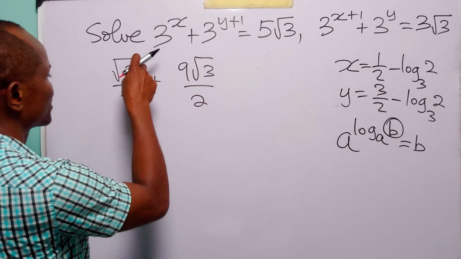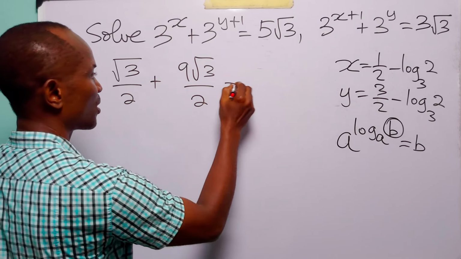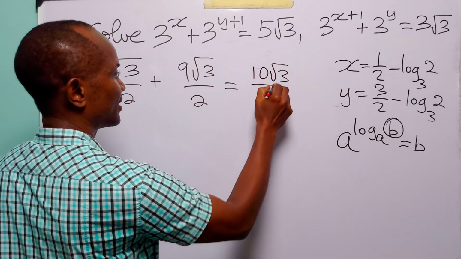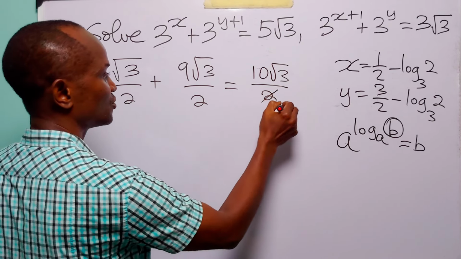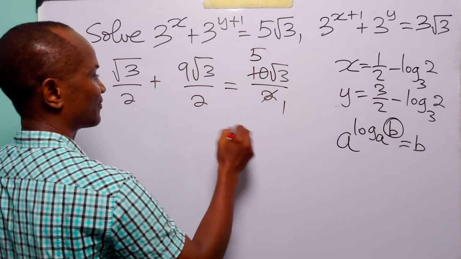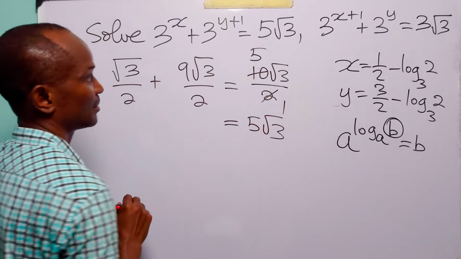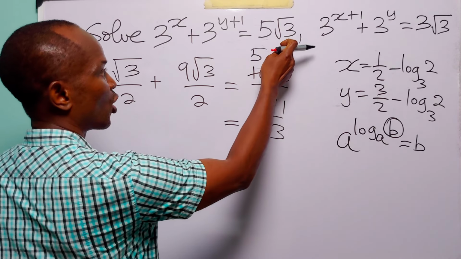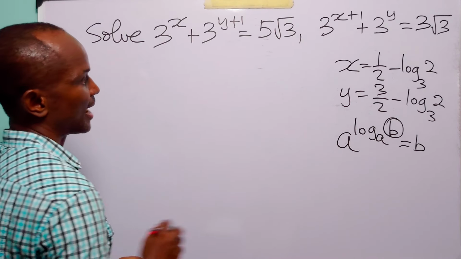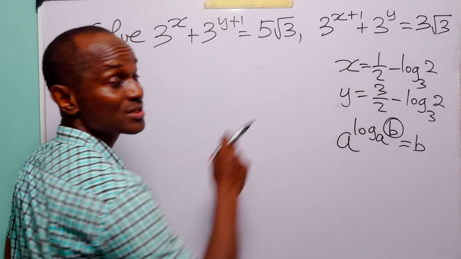And of course, root 3 over 2 plus 9 root 3 over 2 is equal to 10 root 3 over 2. 2 will divide itself once and divide 10 5 times. So we have that this is 5 root 3, which is exactly what we have on the right hand side of the first equation. And when we substitute this value of x and this value of y into the second equation,